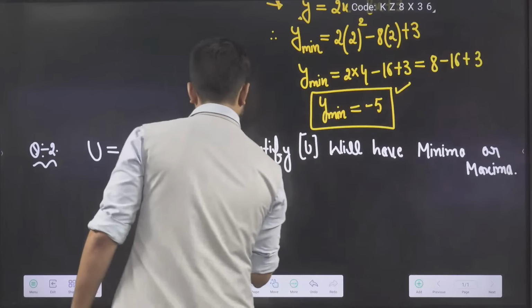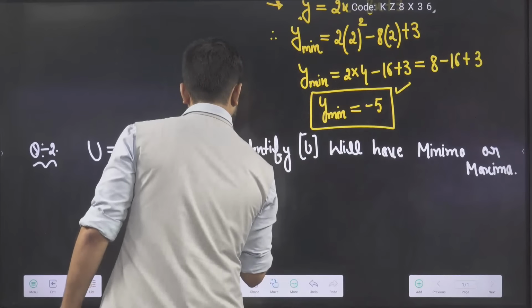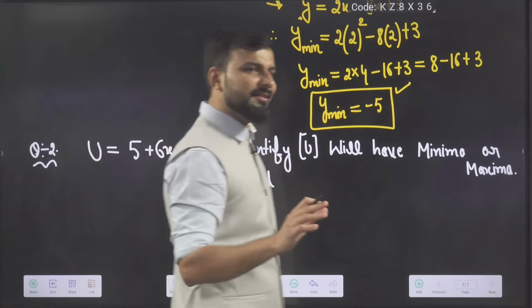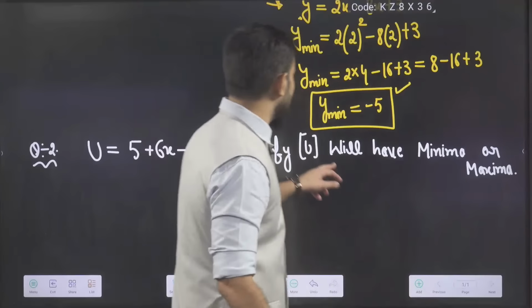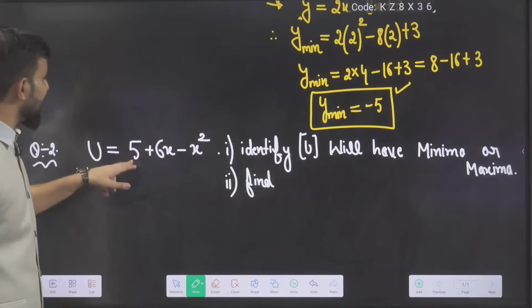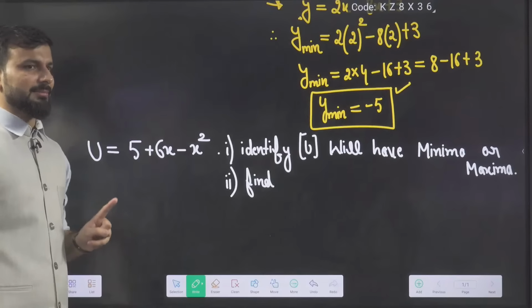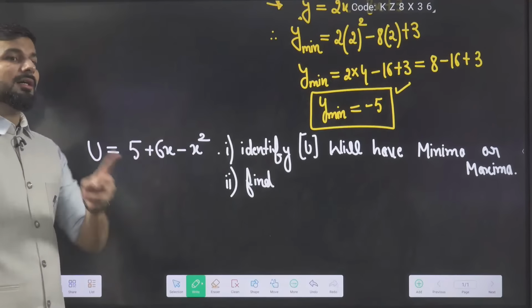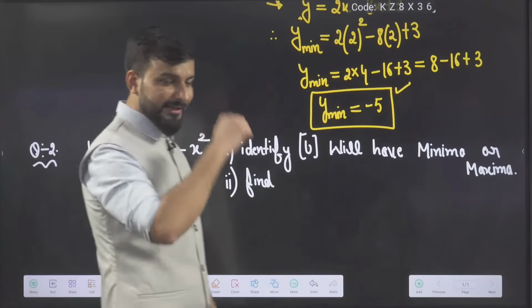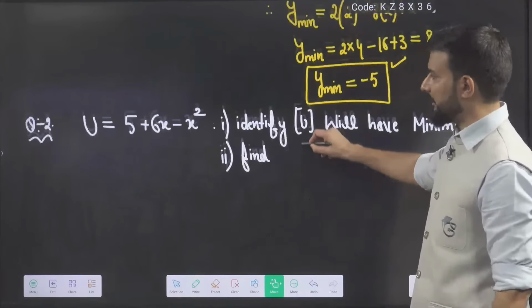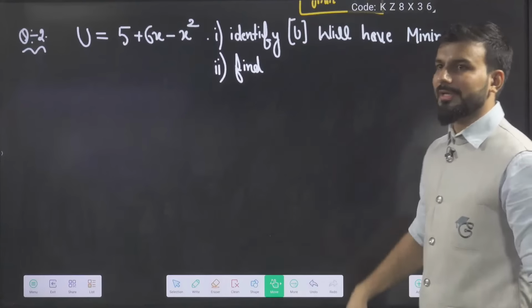The second question you are having, find the... I'm not writing the second question because first you guys tell. If I tell, in the main exam they will never ask minima or maxima. They know that it has only one value. Quadratics, power 2, have only minima or maxima. But I'm not telling you which, find it, just tell me. This is the question for you. Second question, then I will ask what its value is.